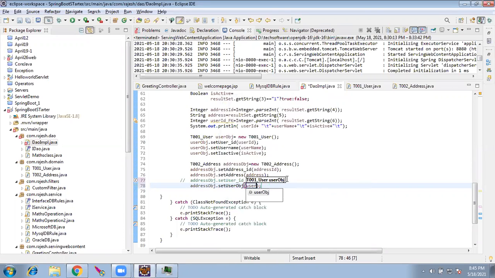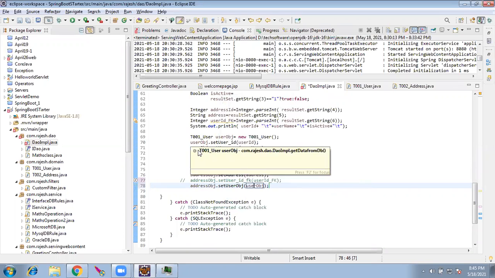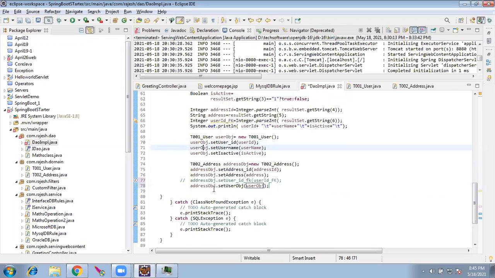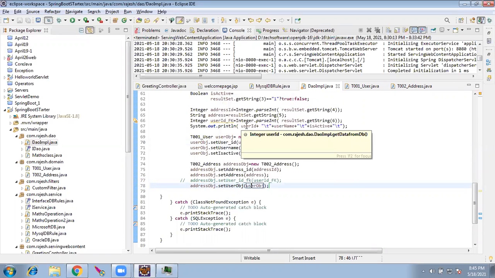What is the user object? We have this. We formed this user object here. This user object itself I will set into the address object. Is that user object set with the foreign key here? Yes, the user object has its primary key.